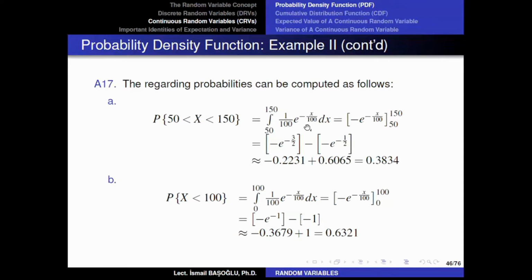And how do we integrate exponential functions? So 1 over 100 is just a constant multiplier. We basically look at the interior of the exponentiation, which is minus x over 100. And this minus x over 100, it's a linear function. And because it's a linear function, we can easily integrate this. If it was a quadratic function, for example, x squared, it was impossible to integrate. Okay, but it's a linear function, luckily. So how do you integrate this?